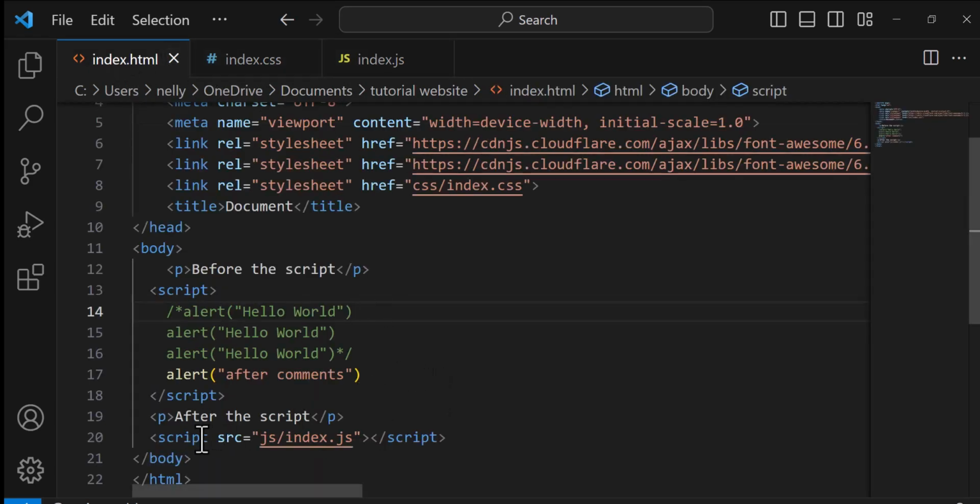I'm linking just one. I can have several JS files and link them here. It depends on you. All I need to do is just call the script tag here, and that will be it. All right. So that's a brief introduction on